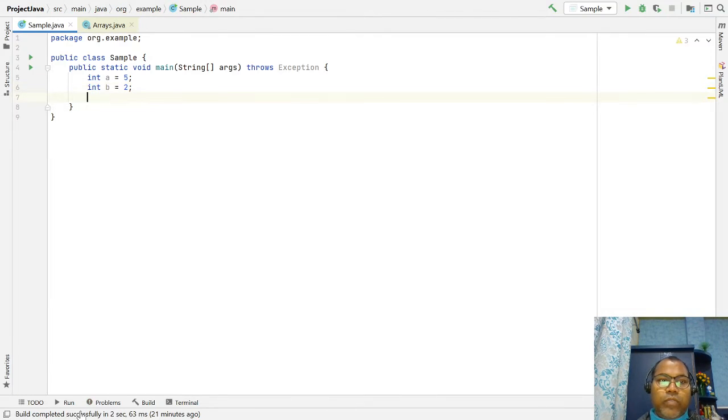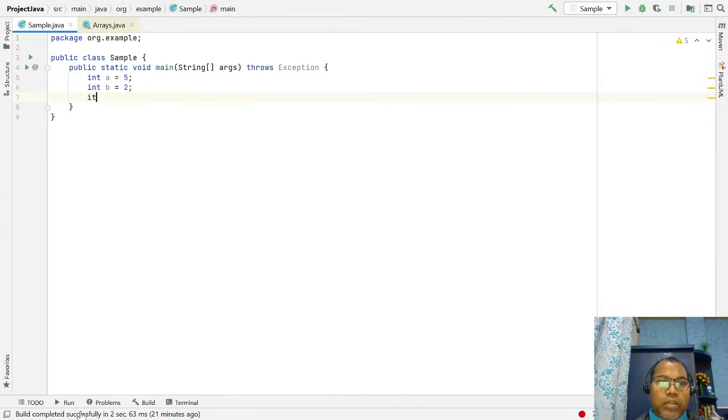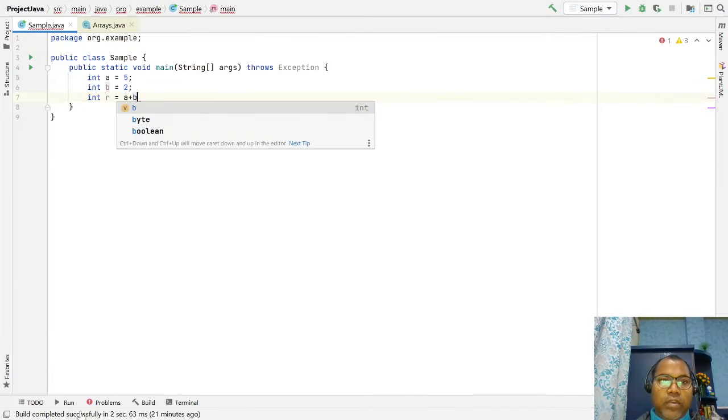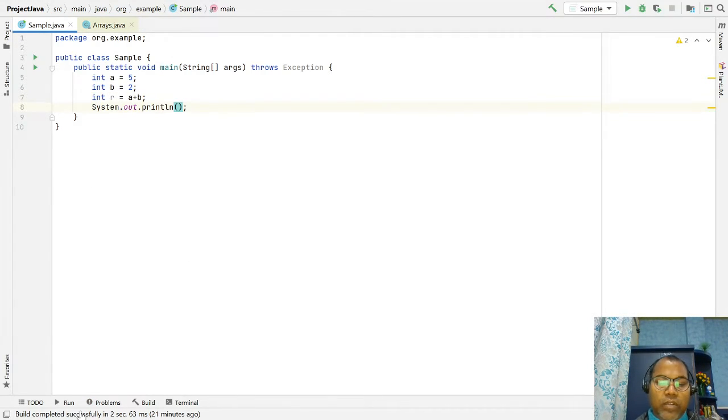If you want to add a plus b, you can use a result variable: int result equal to a plus b, and then print your result. This way you can use any operator here.